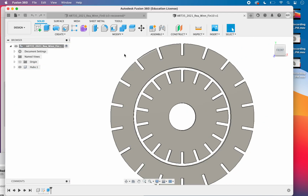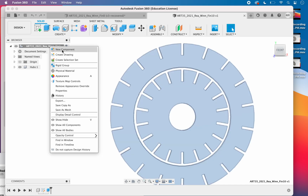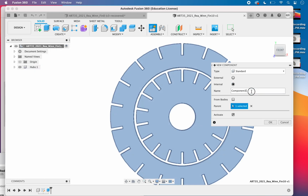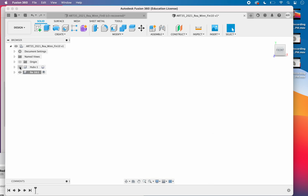So with that information, we can come over here to our tree. I have saved this with the name WinFin number 10. I'm going to right click the top, new component, and name this new component fin. And this is fin 10. I happen to be working on a 10th iteration of this project. And now to make it visually more clear to us, I'm going to turn off the hubs, and now that the fin layer is active, you see the radio button is here and this is active, I will go